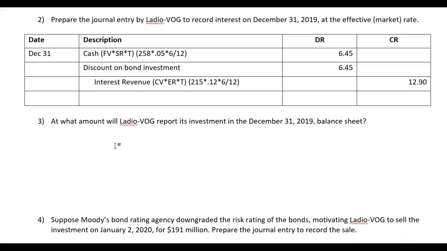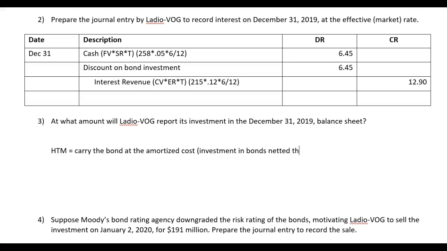All right, so third question here: at what amount will LV report its investment on the December 31st balance sheet? Well, our investment bonds are going to be carried at what we call carry value, or amortized cost if it's held to maturity. Since this is an HTM, we always carry the bond at its amortized cost, which in this case is simply the investment in bond account